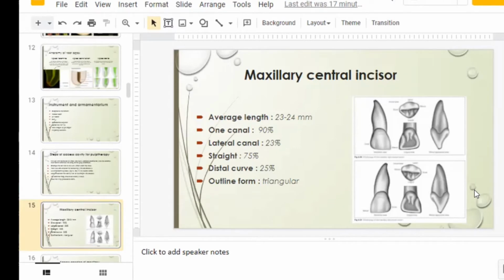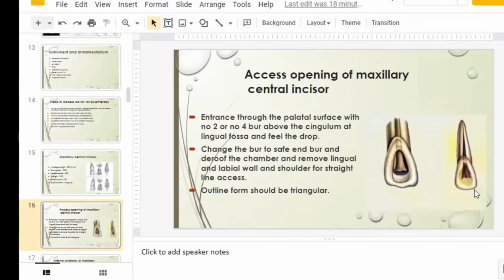Outline form is triangular. The American Dental Association has given specific shapes. Why? Because they have done many researches and decided that if you make this type of shape, then definitely you can see your orifice. You can see the inner things when it is opened wider outside, or else how can you see the inner things? It is difficult. So when you take your access opening picture, the dentinal map is very important. It should be visible. In your preclinical workshop, I will teach you how to take that photography.